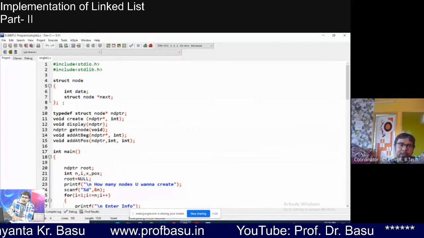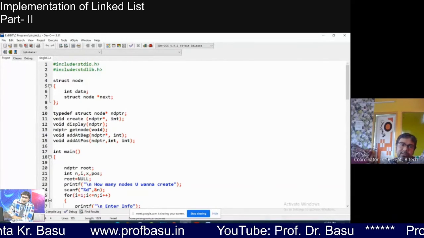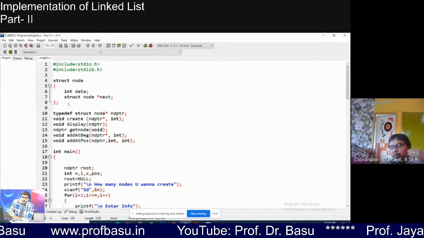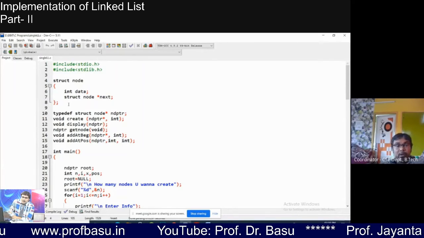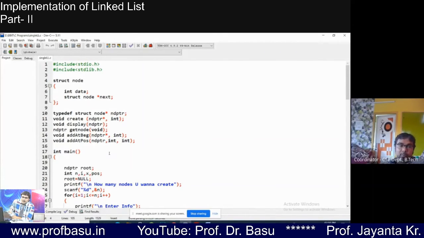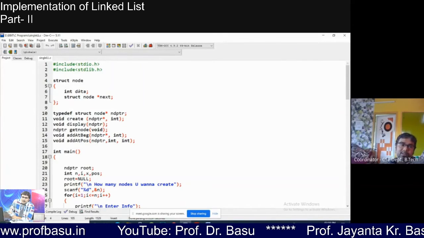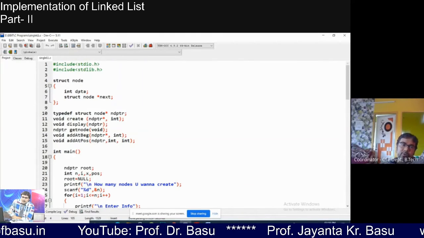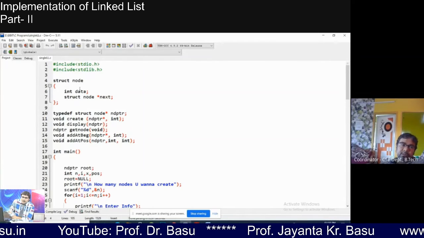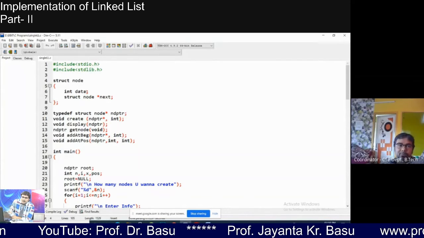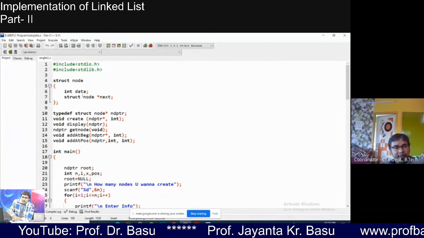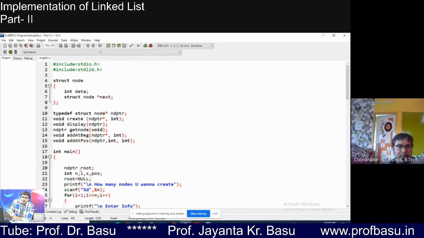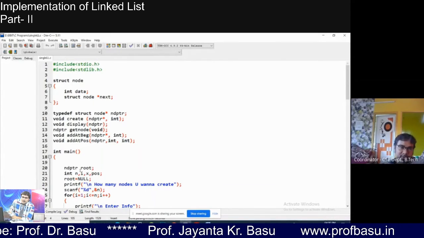But here, when we want to access these members through a pointer to structure, what operator must we use? Arrow operator, isn't it? There are two operators to access a member of a structure. One is the dot operator, which we use when accessing a member of a node through a structure variable. But here it is not a simple structure variable; it is a pointer to structure variable.